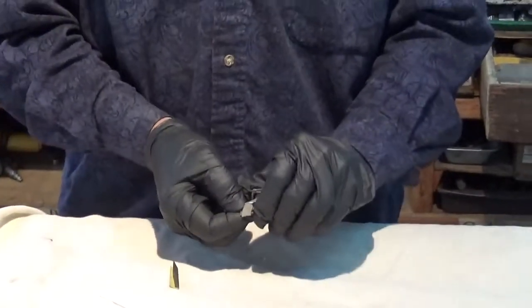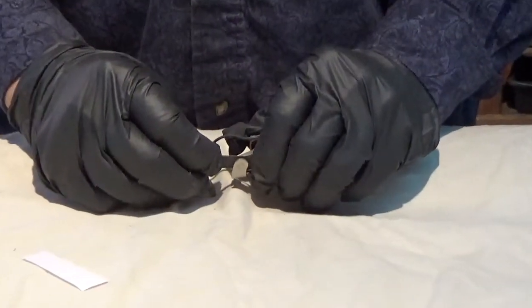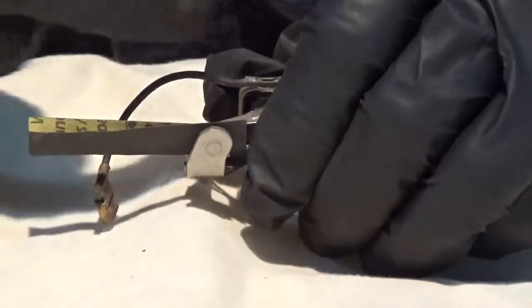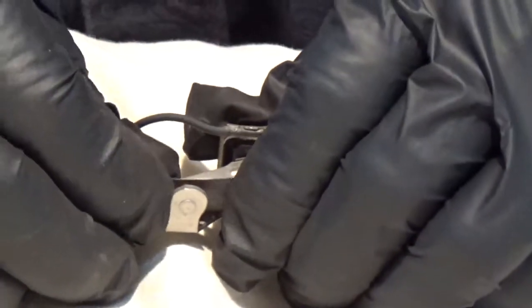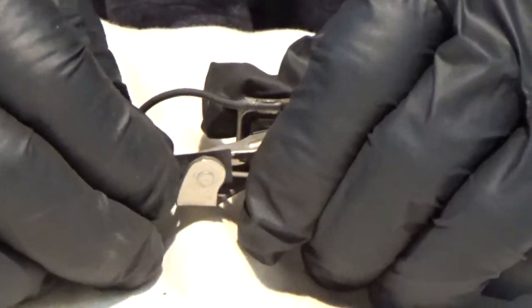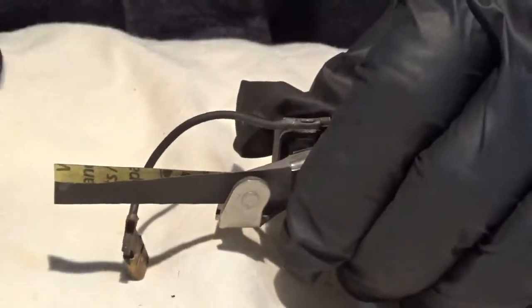With the points open, you want to move the sandpaper in this direction, not this direction, but this direction, and back and forth. Now, you've cleaned off some of the burned parts of the points, but you do not want to just pull